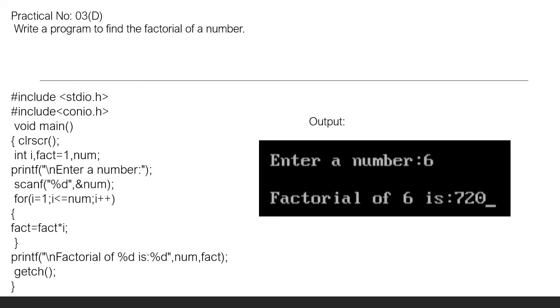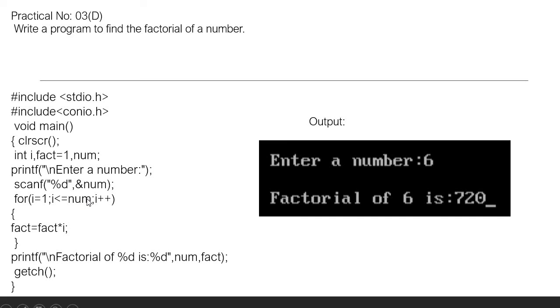Now I will move further to the fourth program in practical third, to find out the factorial of a number. Over here we are using three variables: i, fact and num. You can see over here I am assigning the value 1 for the factorial, that is, the fact variable. Okay, now let's see. Through the num variable the user is entering the value. After that, whichever value the user enters gets stored, and within this for loop, i equal to 1 means the i variable is holding value 1.